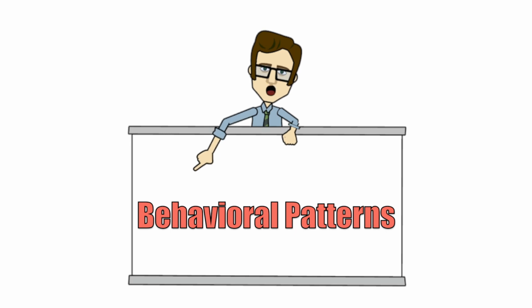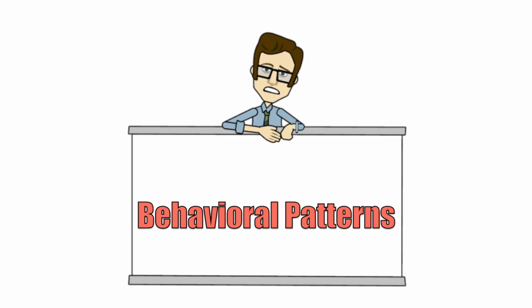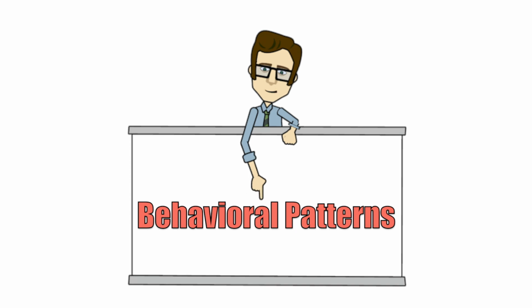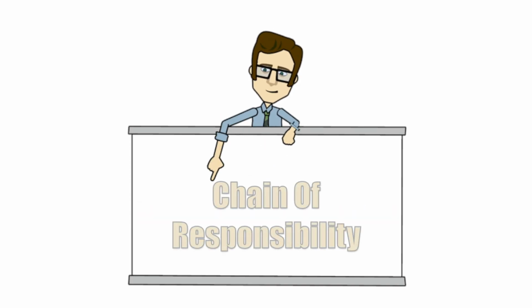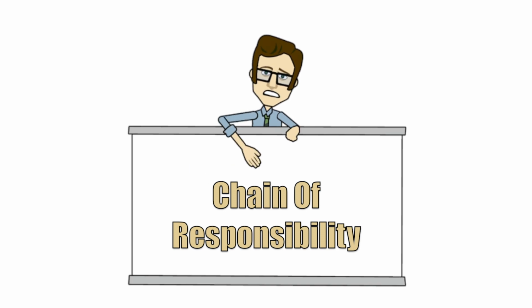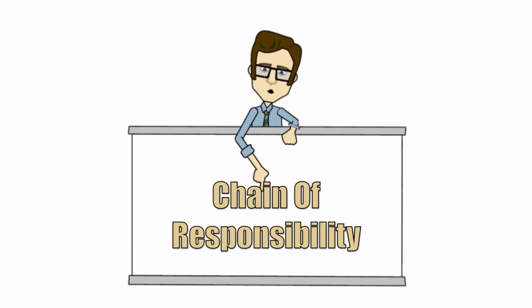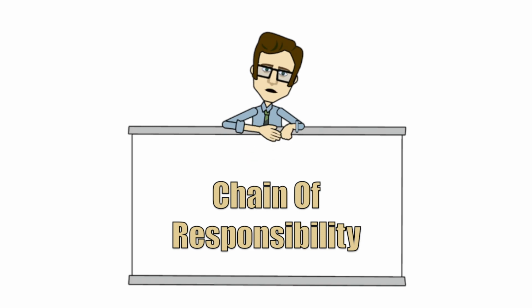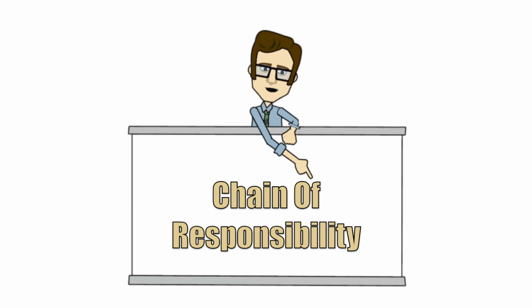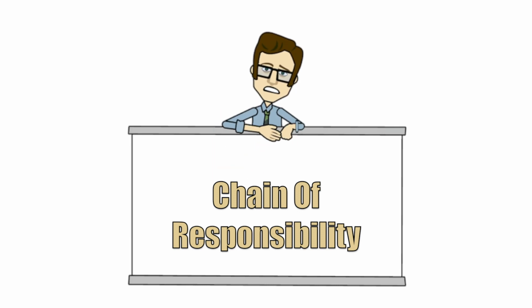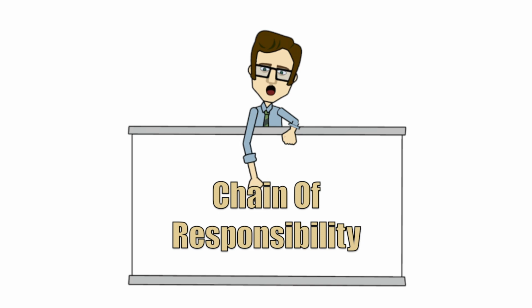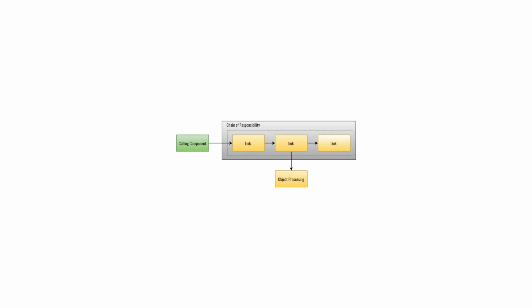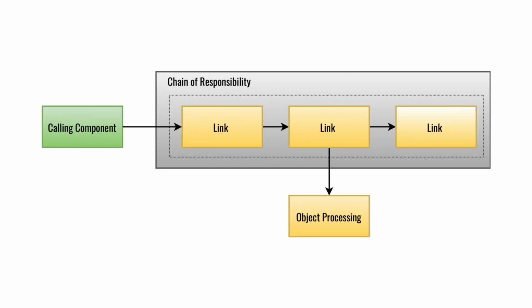With this session, we are going to start behavioral patterns. These patterns are dedicated to design communication among objects, and chain of responsibility is one of them. So the name is already indicating that we are going to maintain a kind of chain to complete some responsibility. We use this pattern when we have lots of objects and any of the objects can complete your responsibility according to some logical situation, but you have a long list of them. So in this condition, we use the chain of responsibility design pattern.